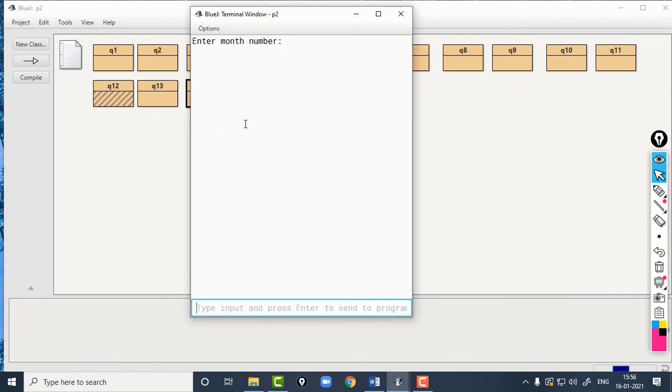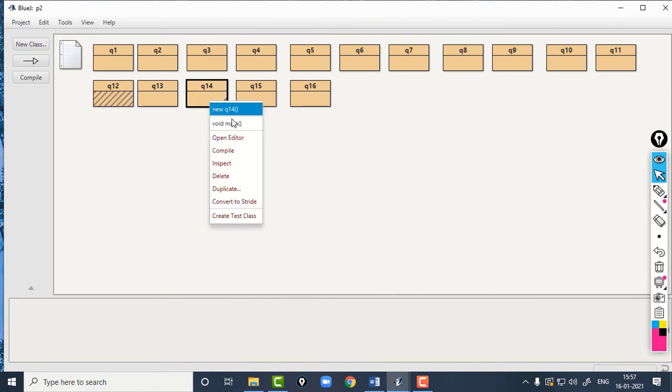Let's try some non-leap year number. So month number 2 and the year, let's take 2001. So number of days, you can see it's 28 this time, because 2001 is not a leap year.